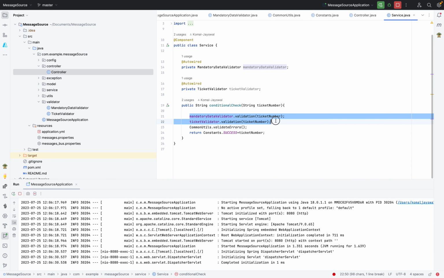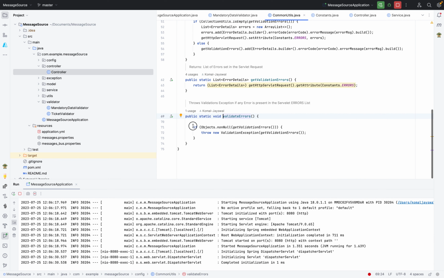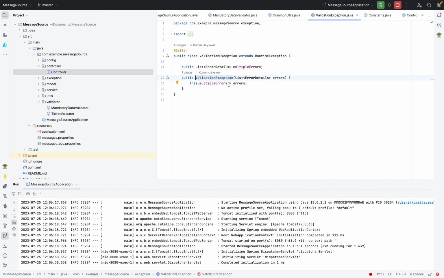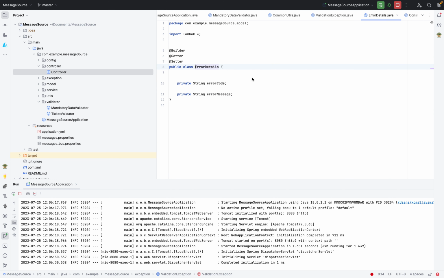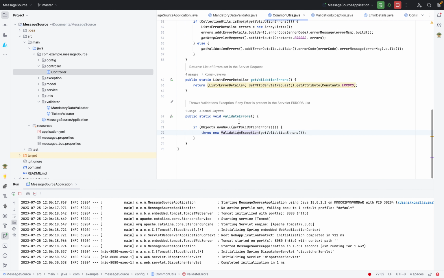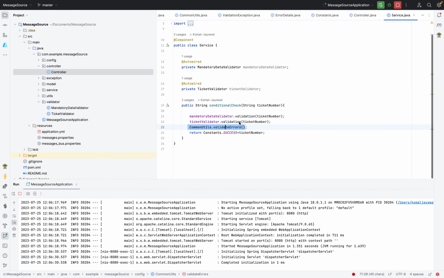After all the program has been walked through, before returning to the controller, we have this small method, validate error. We check if there is any error stored in the HTTP Servlet request attribute. Here we try to fetch the data. If it is non-null, meaning any error has been captured, then we throw that error using our customized validation exception. We throw that error with this structure. So this is the only difference,